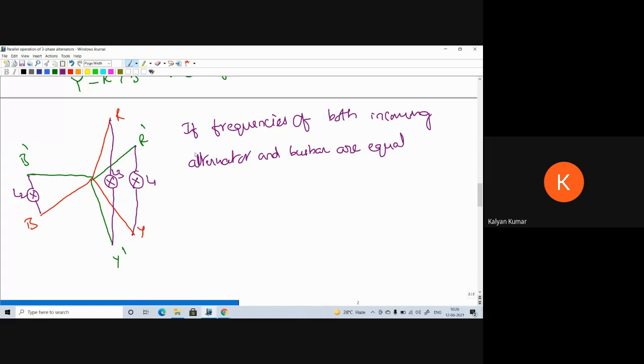So when both are rotating at same speed, the voltage across lamps L1, L2 and L3 will not change. So it remains constant. Therefore, the brightness and darkness of the lamps will remain same. But if incoming alternator is running fastly,